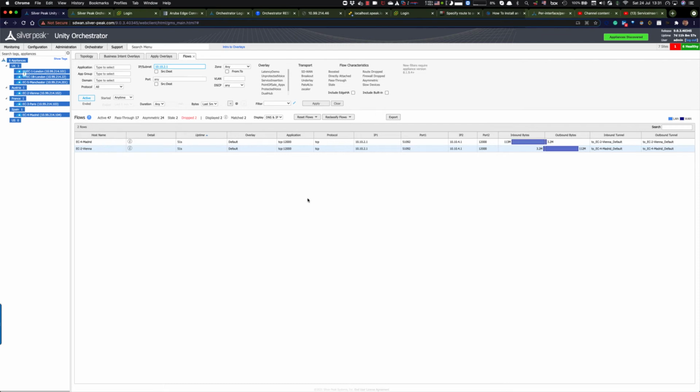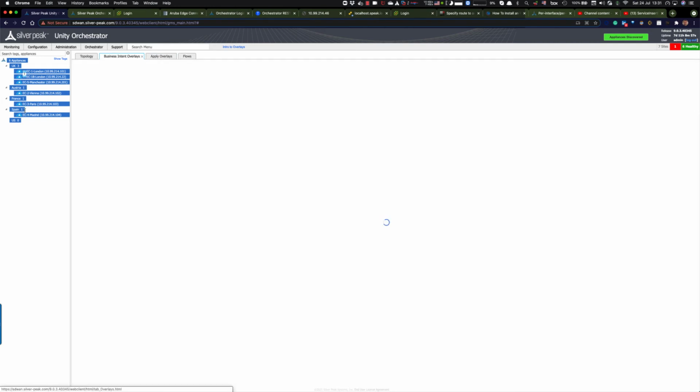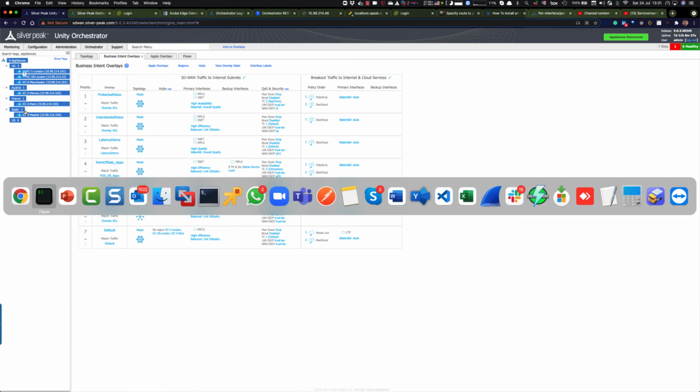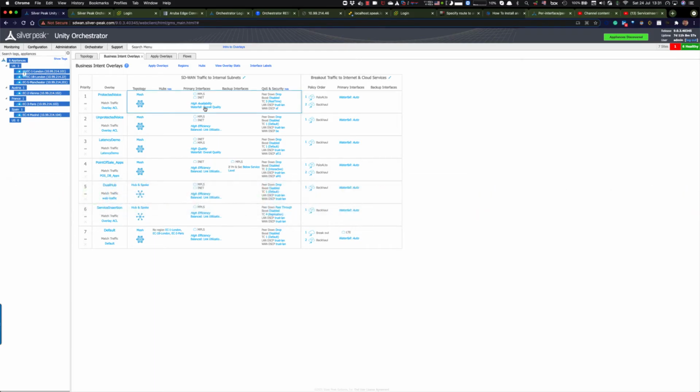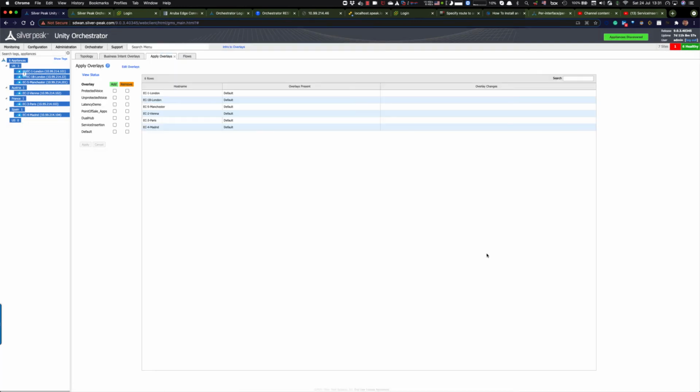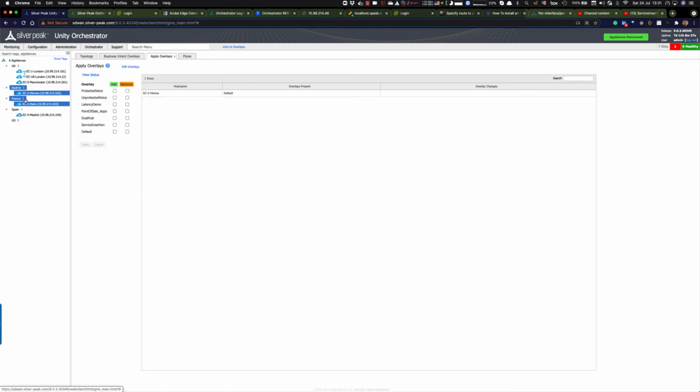I'm now going to apply the business intent overlay for service insertion. I'll stop this test running first. When I restart that after the service insertion overlay has been applied, we should see the traffic coming through Paris. So quickly, apply overlays, and I only want to select Austria, France and Spain. And then I apply service insertion only,